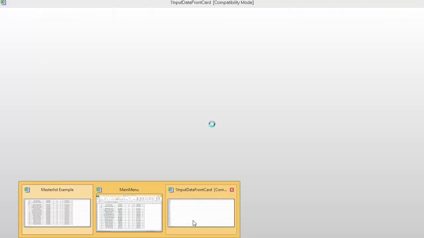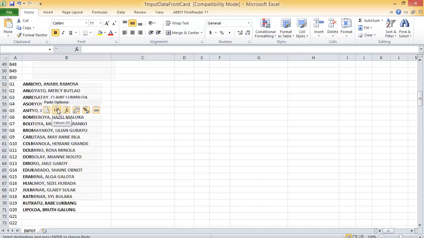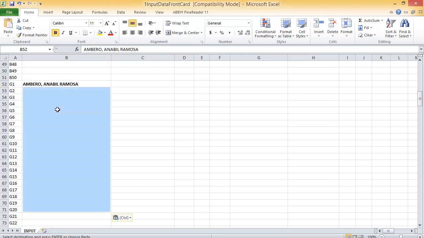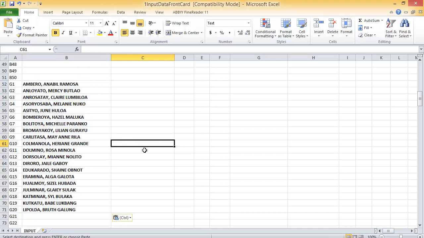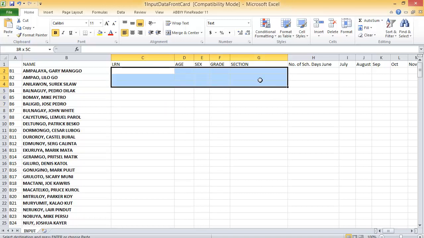I will go back to the input data. Okay, beside G1, I will right click and then I will click the 1, 2, 3 button or icon. There. So all the names of my students are pasted. And then on the first student, on the LRN of the first student for B1, drag your mouse until the section and drag it downward so that